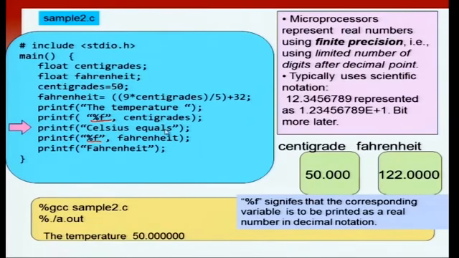50 Celsius equals, okay, so it prints that. And now you have another format specifier. It says printf %f Fahrenheit. Fahrenheit is 122 and it will print it as a floating point number or as a real number. So it will print it as 122.000. So the final message that will be printed will be the temperature 50 centigrade, 50 Celsius